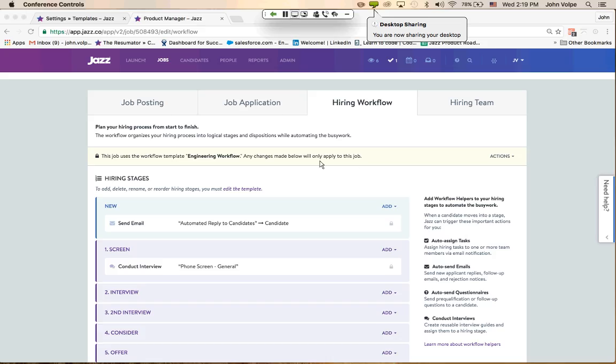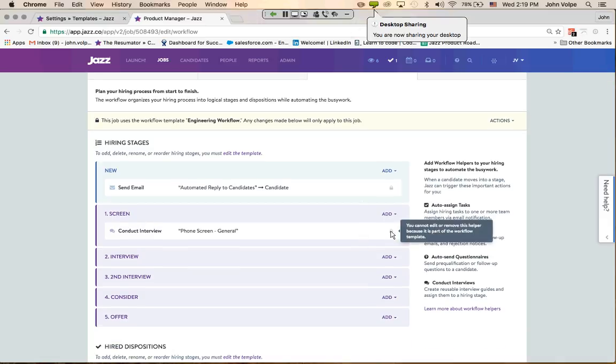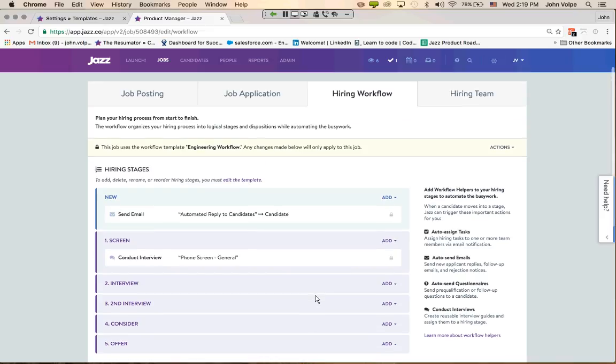So I'm going to start here on the job because I want to point out something pretty significant. Again, we are now locking the workflow to the job by default. So you can see that this is locked, so this cannot be edited. You'll notice too that you cannot reorder these stages, you cannot add new stages, again, because it's locked to the